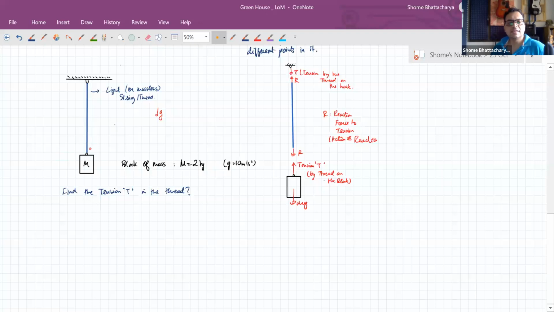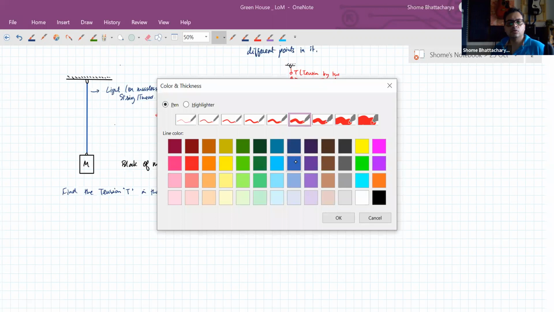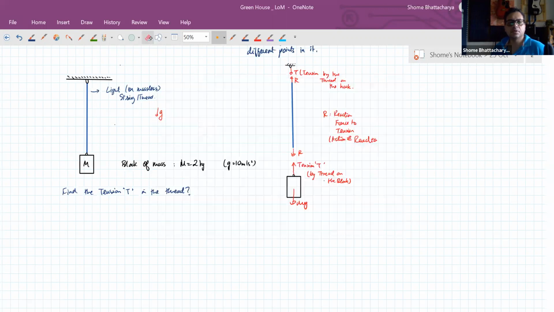So in this diagram, when we want to show this thing in only one single diagram, we just show that the rope attached to an object will make that object experience an upward force at this end of tension, and the hook at the other end will experience a tension. As you can see, this block is at rest, so the state of the block is at equilibrium.